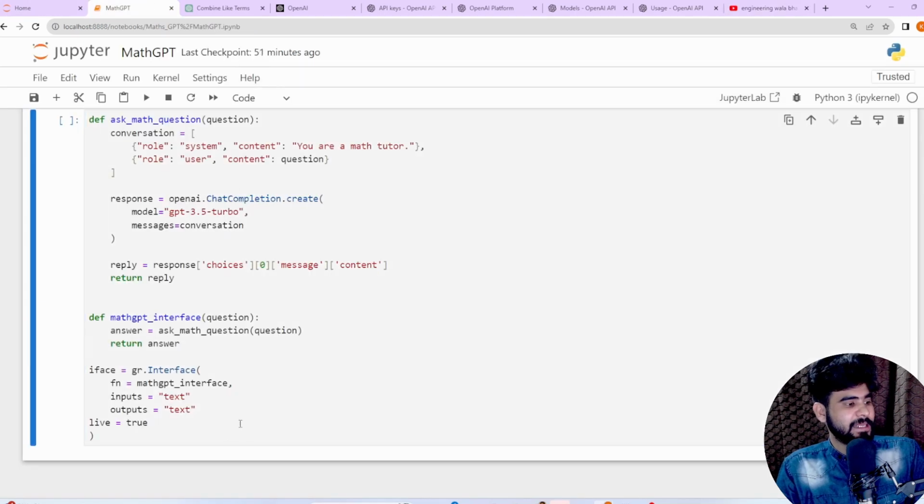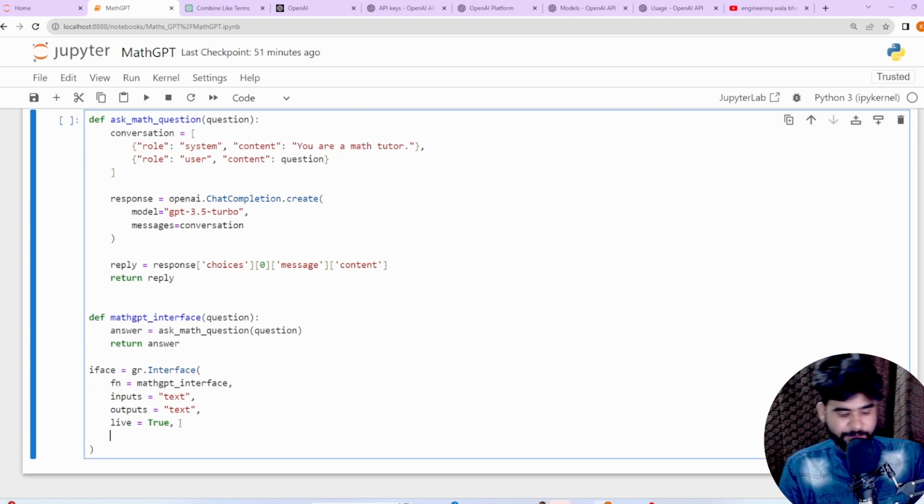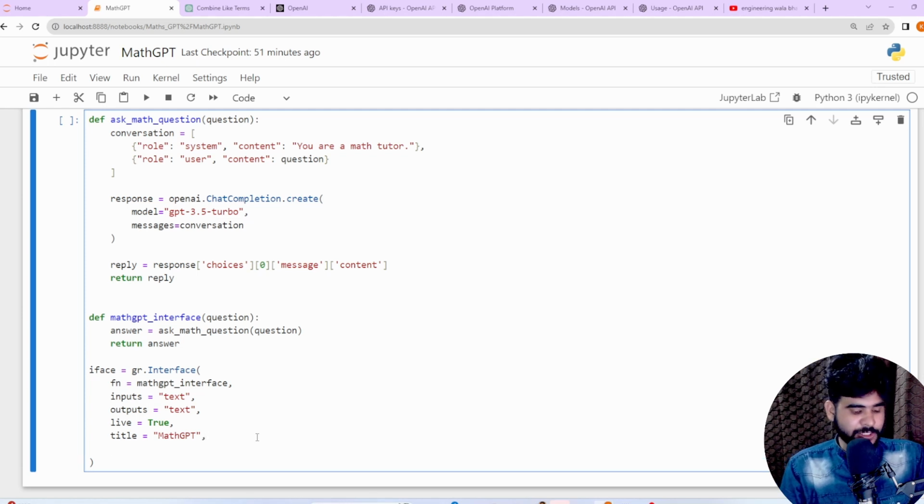Now let me go back here, we need to add a comma everywhere. Okay, now live equal to true means that we need a live link as well. Now in a title I'm going to set title equal to, we can call it math GPT. So the title that I'm going to set is math GPT, math we can write with a capital M. And after that a description that I'm going to add.